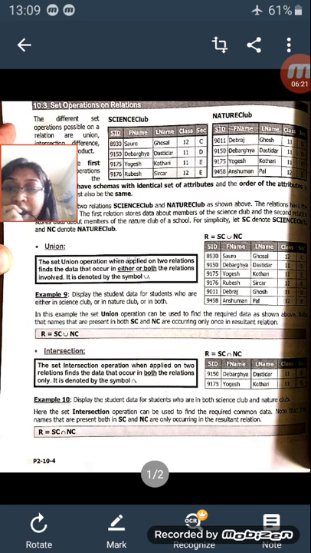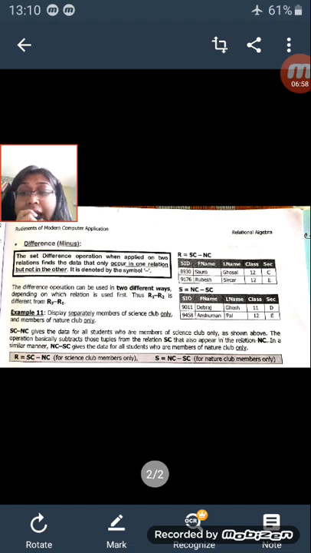You can see Debraj and Anshuman are uncommon for nature club, but Devargo and Yogesh are common to both tables. So whenever we subtract one relation from another, suppose A minus B, the common part of B will be eliminated from A and the rest of A will be displayed. And if we subtract B minus A in the difference operation, then the common part of A will be eliminated and the rest of B will be displayed. So this is the concept of the different set operations, which are union, intersection and difference.